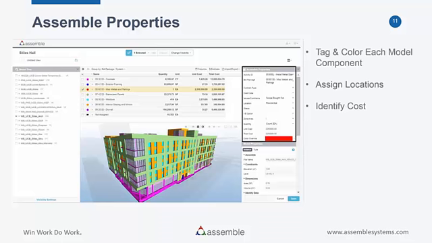Oftentimes, we have to split this model into multiple so-called estimating locations, to distinguish the cost between, say, the garage portion, the residential, and maybe the retail space. We have the ability to separate the scope into those 3 locations and report quantities on each of those locations to help our clients input that information into pro forma and make the decision on how to best program the